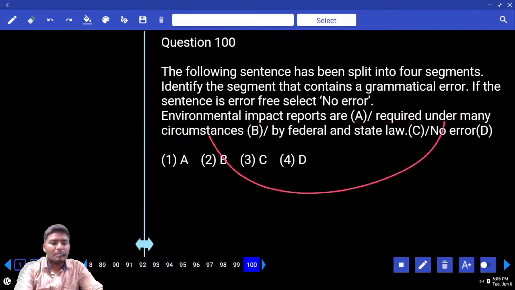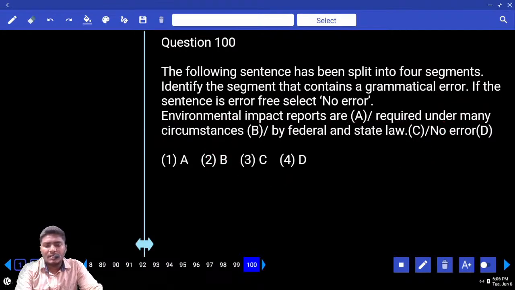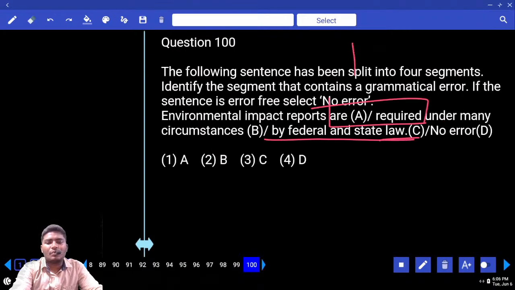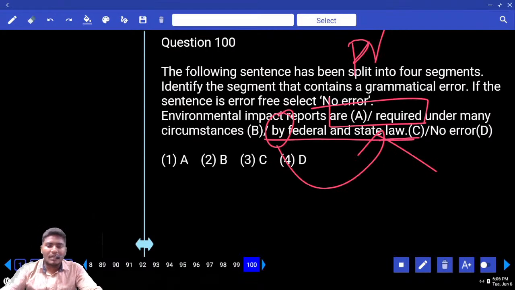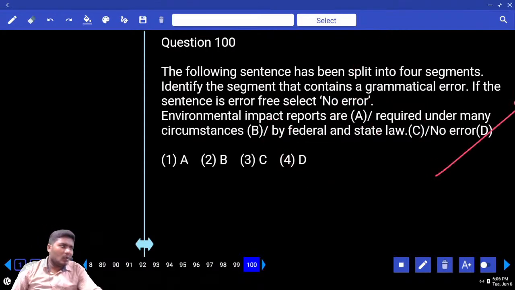These two, under and circumstances, come together. Remember this. Under many circumstances by federal and state law. Look at this. Are required. Which voice is that? Passive voice. By federal and state law is the passive voice combination. Can you find any error? No error case. Go with only D. How many of you got 15